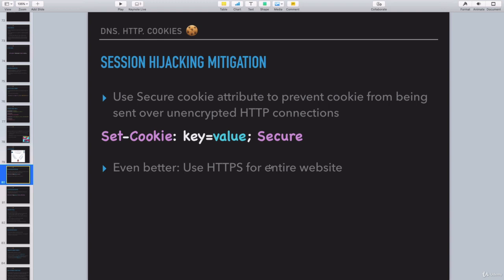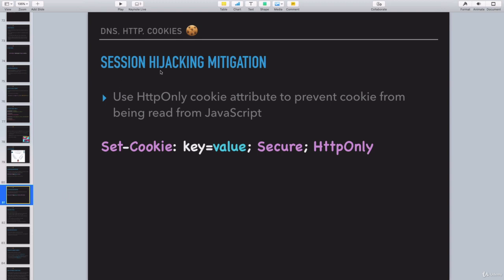for example, especially when submitting a form or something like that, if this is not set, then the cookie will be sent unencrypted, right? And then anyone pretty much can see the cookie, and they can steal it at that point and do whatever they want to do, right? So that's a no-no. Okay, another thing that you can do for session hijacking mitigation